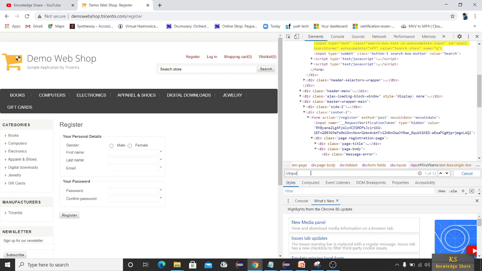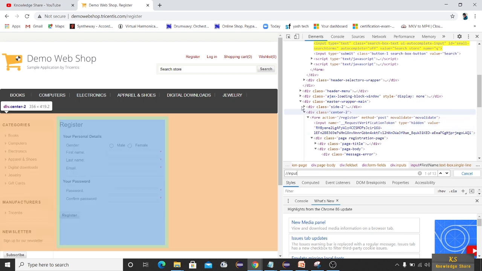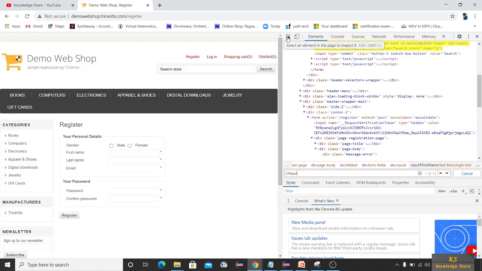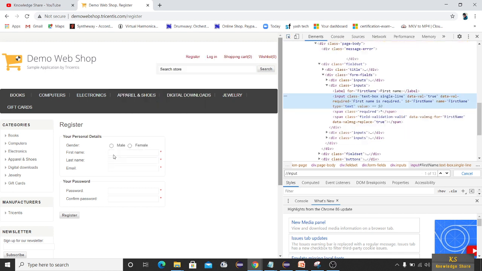But what we need is to identify the element using a unique procedure. That means it should be unique throughout the code, right? So I'll give a square bracket and @. I'm going to choose this ID. You can choose any attribute, but you have to choose one which is unique and will not duplicate.